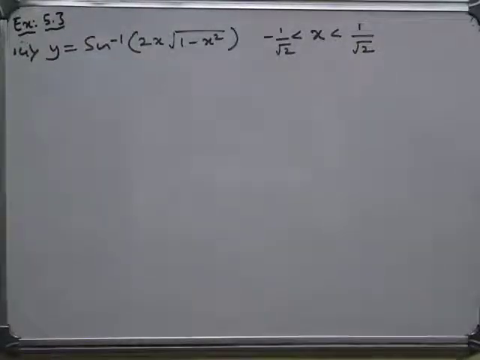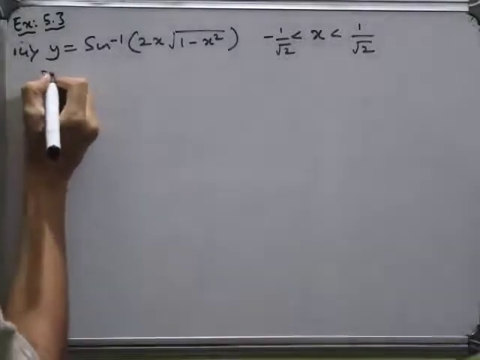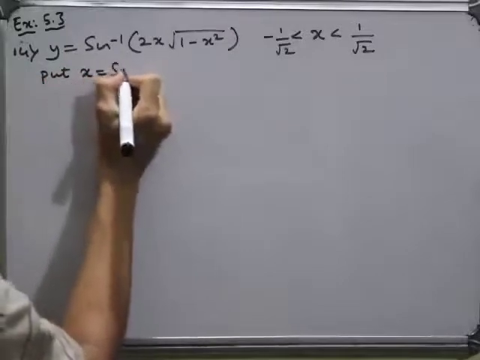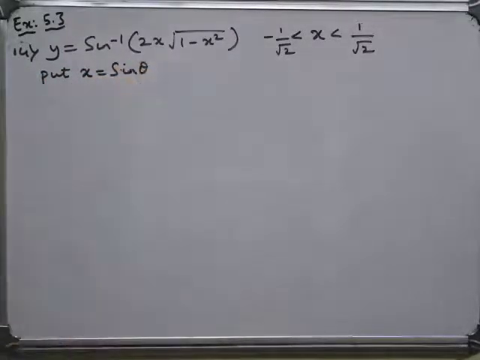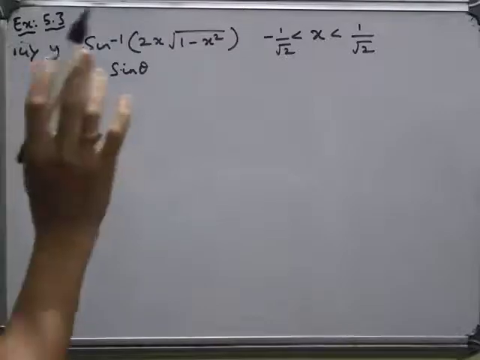What you have to do? This problem is also very simple. Let us put x equal to sin theta, and we have a result there. 2 sin theta into root of 1 minus sin square theta will give us sin 2 theta. You might have doubts about where I am getting these formulas, whether you have studied them or not. So again I am telling you, refer to the first PUC textbook, so you can easily get these formulas.